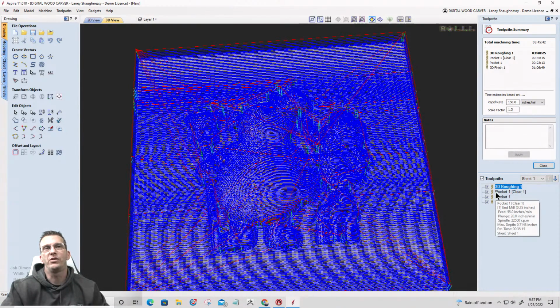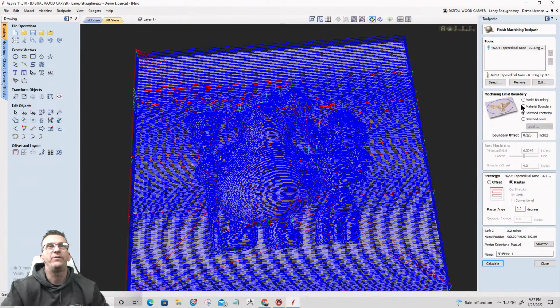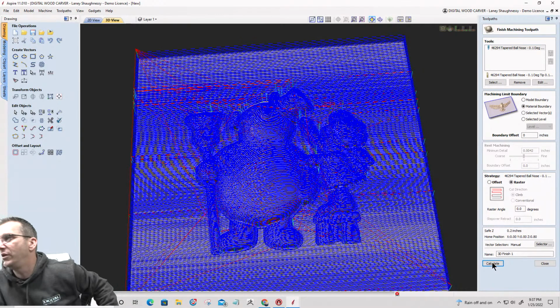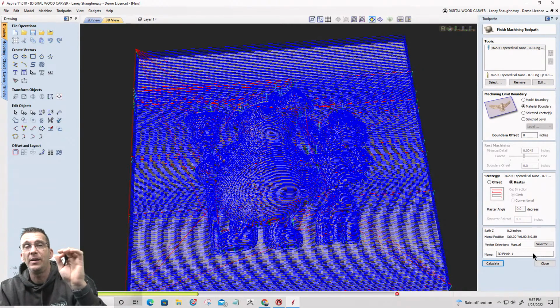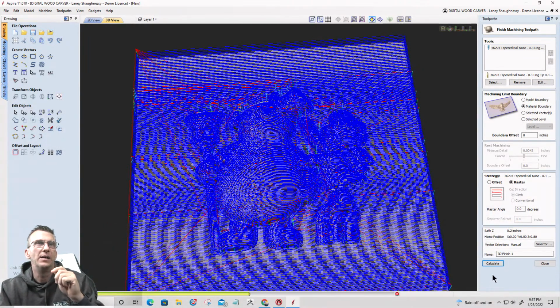If I would have eliminated the pocket cut and let the 3D finish cut do the material as the boundary, no offset, calculate. We'll let that calculate while I answer a couple more of y'all's questions, and then we'll come back and look at the time. So 5 hours, 45 minutes with doing the pocket cut and optimizing the toolpath versus, we'll see what it is with the